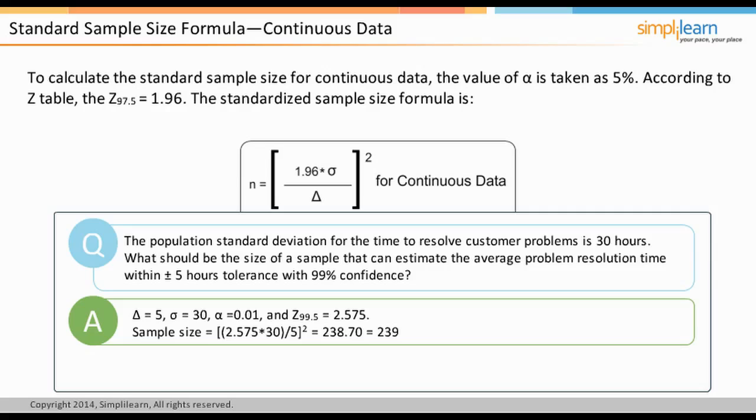The calculation gives a result of 238.70. One cannot have 0.70 of a sample, so one needs to round up to the nearest integer. If there are 239 samples, the significance level is greater than 0.01,